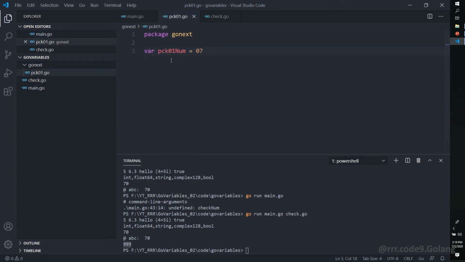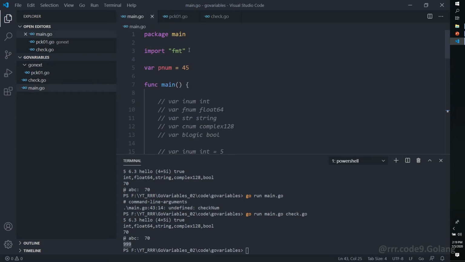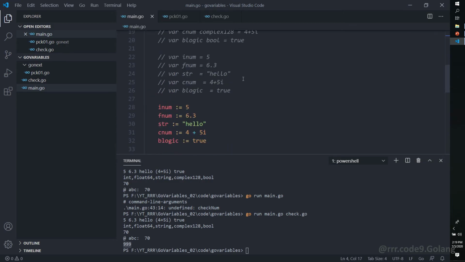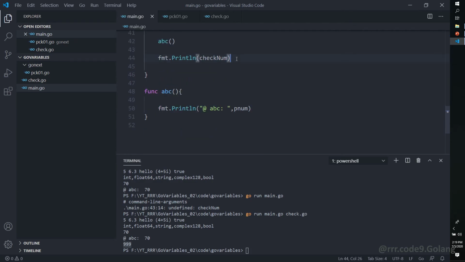If you want to access this package variable from main package, then we have to import that package. So we can import in this way, import and the relative path, that is gonext. Let's print that.